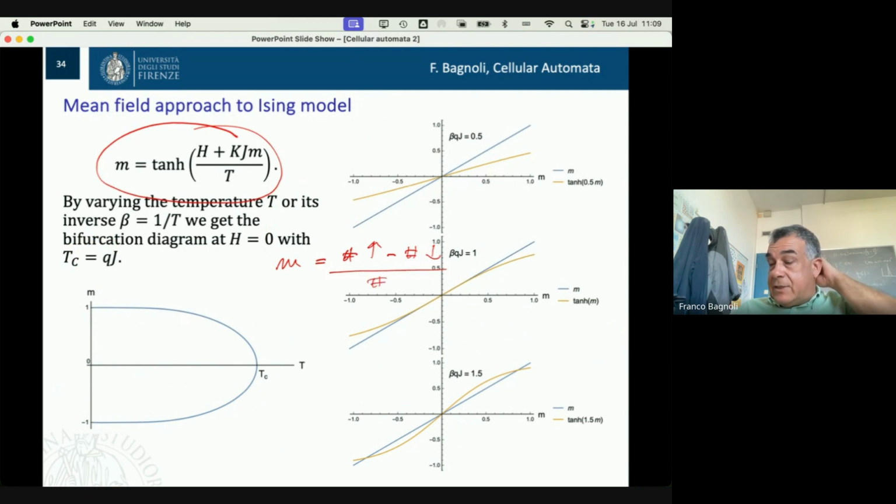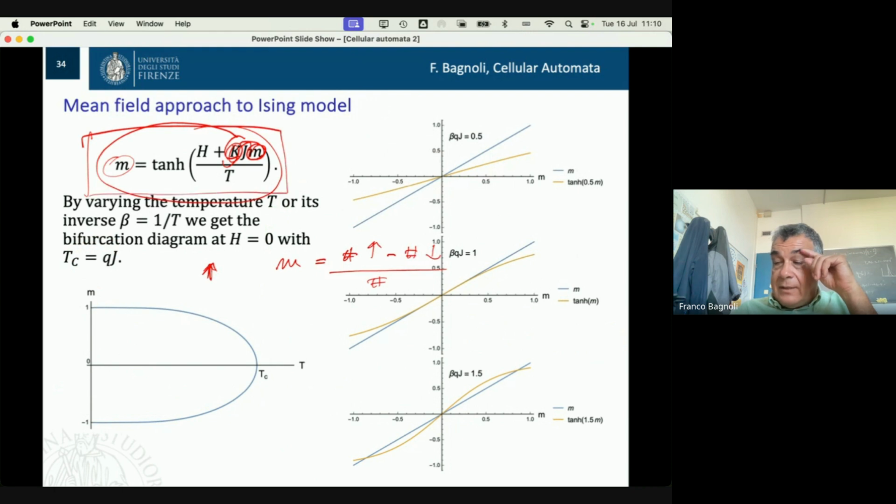So this is essentially also proportional to the probability of having a plus site. So the local field can be approximated by the number of neighbors times their magnetization, and so we can essentially write down the expectation value of the magnetization, and this gives a